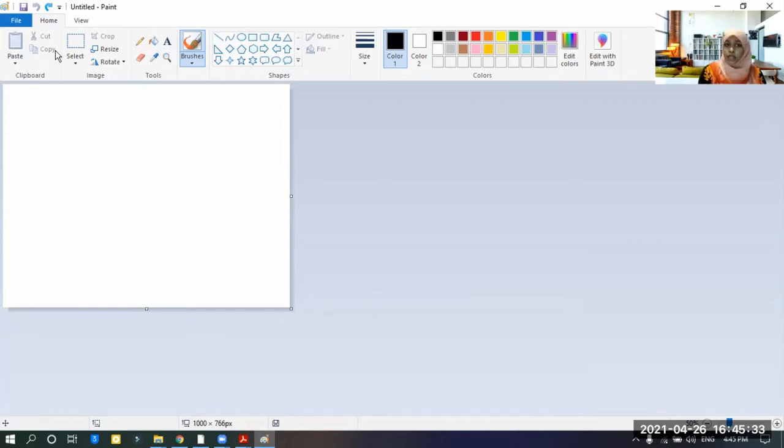You can paste, cut and copy. You can select things. You can resize. You can rotate. Also there are some tools here: pencil, paint bucket, text, eraser, the color picker, and the magnifier. There are a lot of kinds of brushes also. Everybody can see, right? Can everybody see? Is it visible? The word paint,